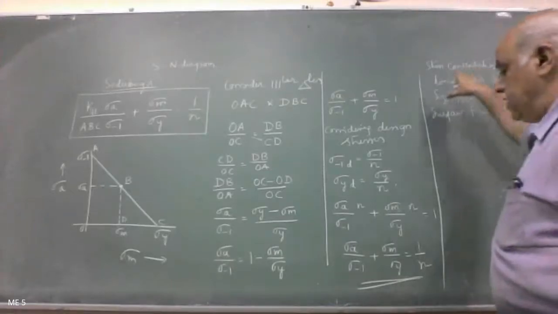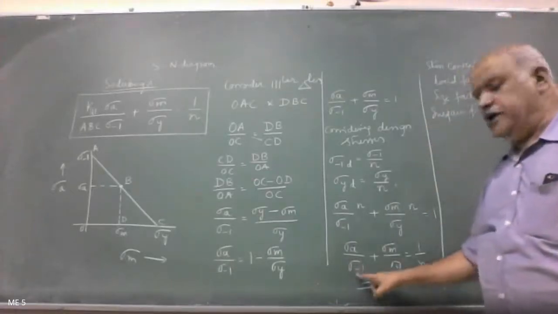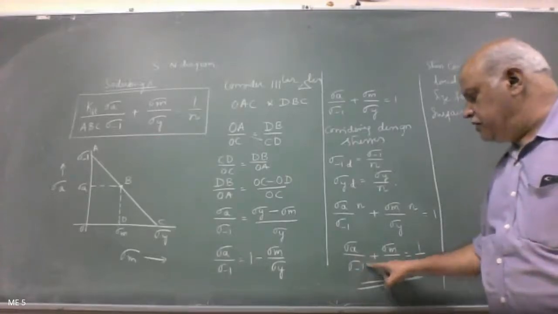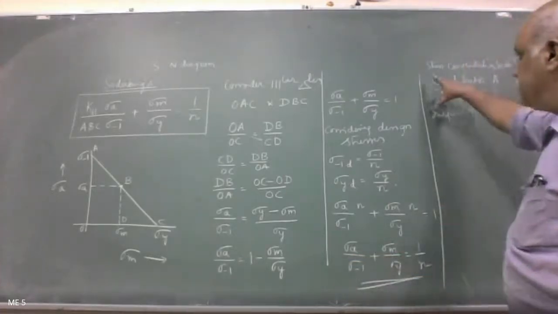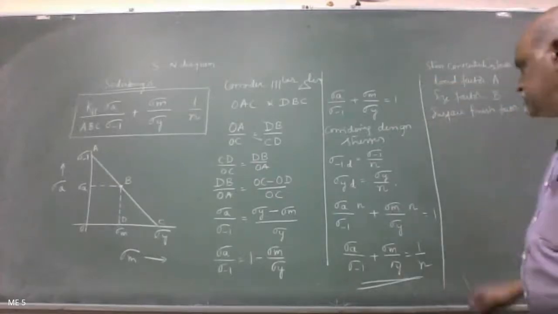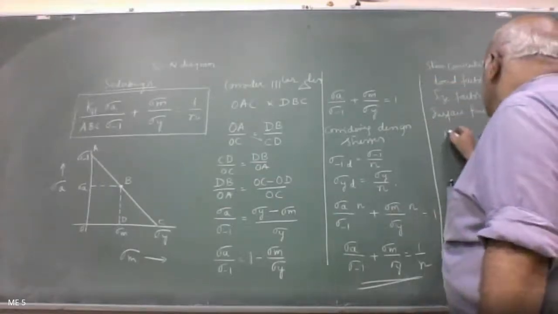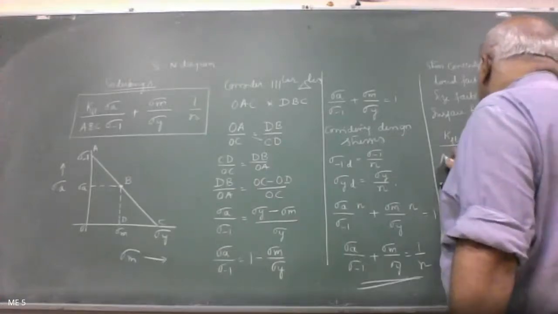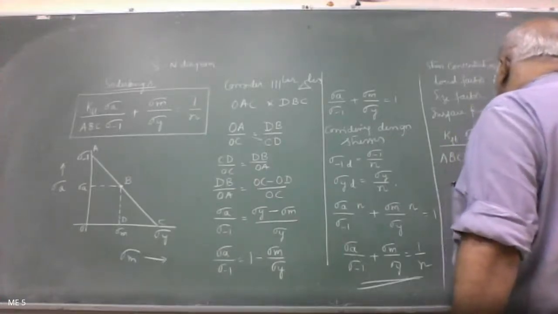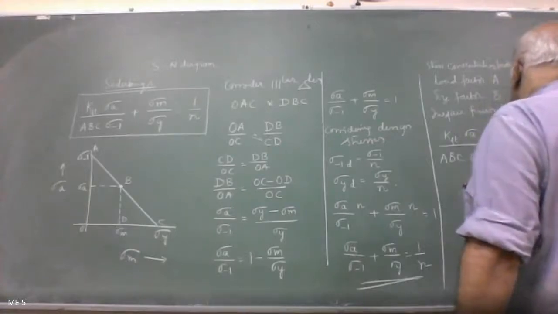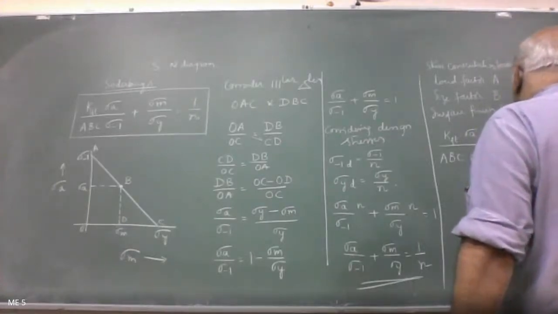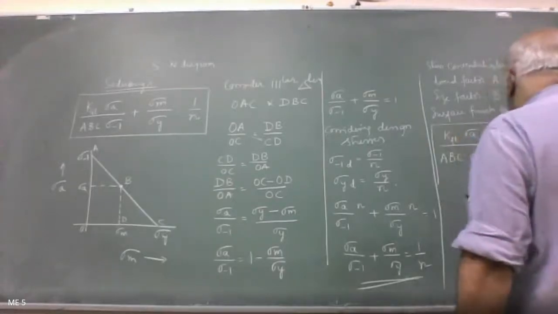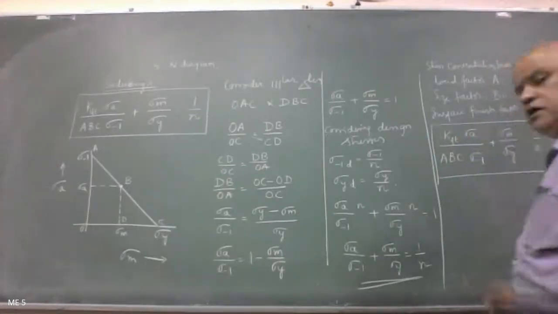So these factors will affect what? It will affect endurance strength, correct? That means the endurance stress value will get decreased because of these parameters. So therefore, the equation becomes KFT into amplitude divided by ABC into sigma endurance plus sigma mean divided by sigma yield, that is equal to 1 by factor of safety. This is the Soderberg's equation.